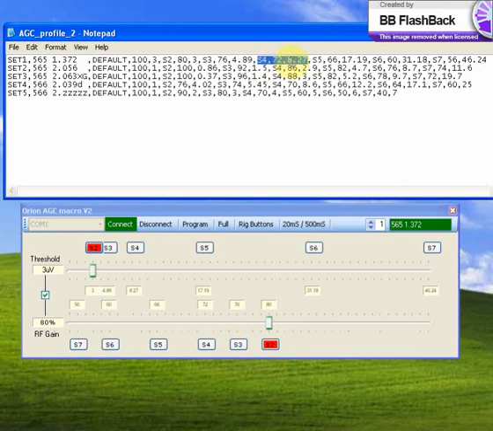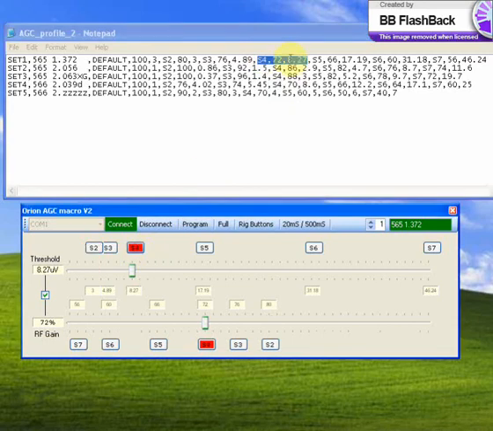If I look at S4 for example, the button S4 has an RF gain of 72 and a threshold of 8.27. So let me click on S4. And you see right now it inherits this attribute, 8.27 for the threshold and the RF gain of 72. Again, you are free to change this as long as you maintain the same structure and use capital letters and, well, don't mix up the set numbers, so that you are not going to create the set number 6 because the program will not read set number 6. This concludes the